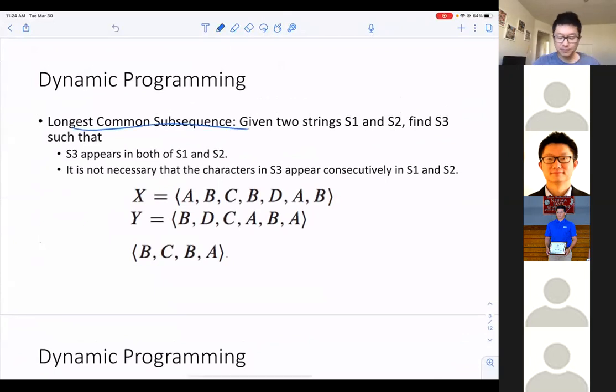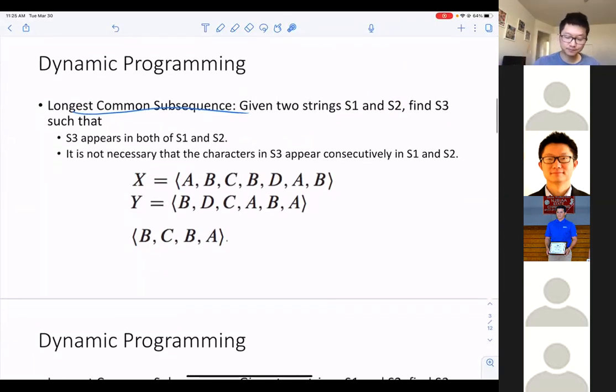Longest common subsequence problem. The input of the problem is basically two strings, and we want to find the longest common subsequence between these two strings. What is a longest common subsequence? For example, if we have X and Y over here,